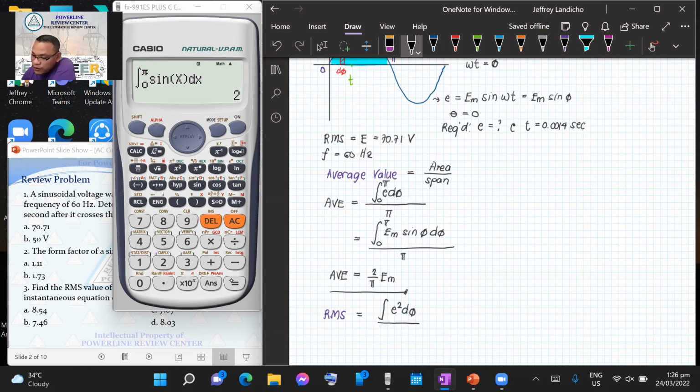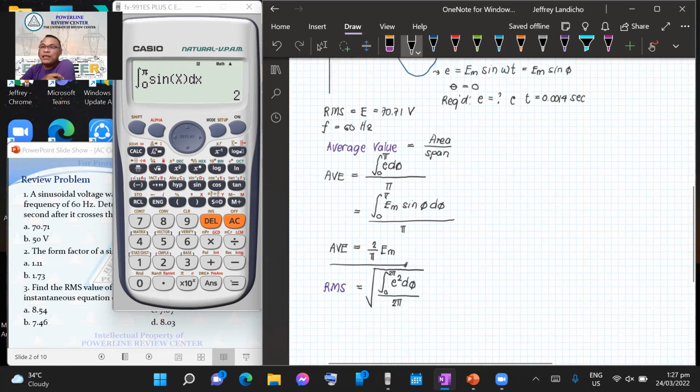Squared mo siya ngayon. So nakadivide ko sa ating length. So dito, alam natin, dapat yung kanyang span is one complete cycle. So it should be divided by 2 pi. Ang magiging limit mo, 0 to 2 pi. Okay? Then, dulo, square root. Okay, tinawag siyang RMS value or root mean squared. So, ibig sabihin, kapag sinubstitute natin dyan, meron akong square root sa loob,